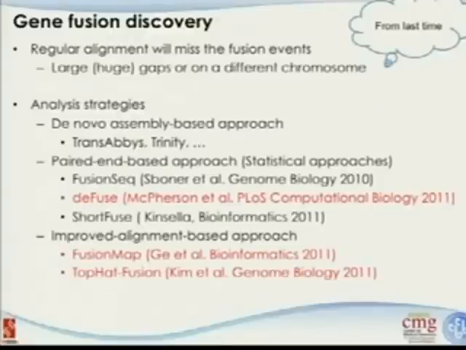And in terms of algorithm discovery, we know that regular alignment will miss fusion genes, because those fusion partners are very far away from each other. Sometimes they are even on different chromosomes, so you don't really identify those. Most of the work on studying gene fusion from RNA sequencing data is on the algorithm development part. So basically, you want to design or apply novel algorithms to do the alignment specifically targeting gene fusion. The first strategy people are using is a de novo assembly-based approach, such as Trinity or Trans-ABySS,